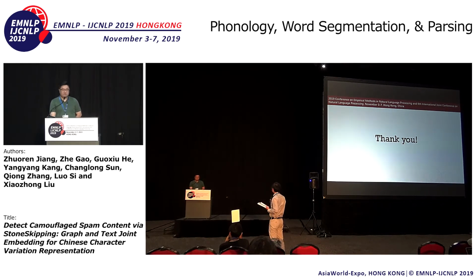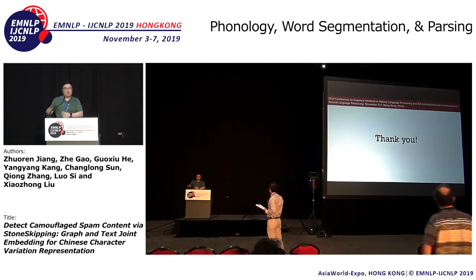Yes, that's a very good question. You can use a very simple method to measure the similarity between the characters, but the graph is a better way to handle complex or compounded variation combinations. So we think the graph has great potential to find unseen or new variation combinations for the spam detection task.